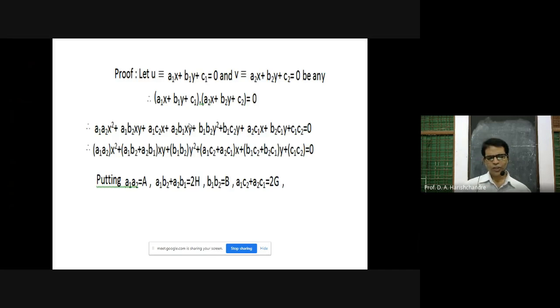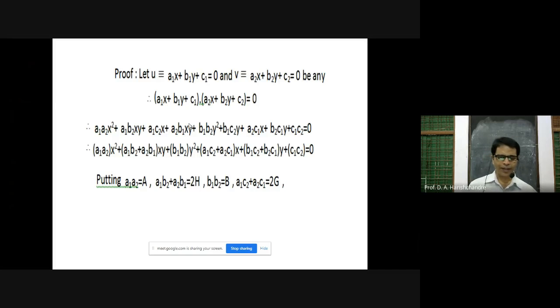Okay, which doesn't include any variable, and that term can be kept separate inside the bracket. So plus c1 into c2 is equal to 0. Now a1 is constant, a2 is constant, so we know that their product is constant, but what constant that is, we don't know. So for the time being, let us assume the product of these two constants a1 and a2